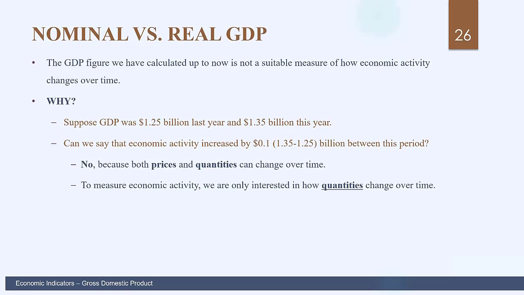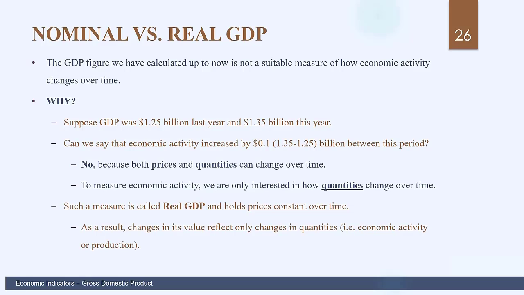Well, if you remember at the beginning of the lecture, we had the columns for the price and quantity, and then we took the sum of the price times the quantity. You could think of having 2 sets of columns, 1 set for each year. And of course, if we compare the calculated GDP value between those 2 years, both prices and quantities changed over that period of time. So to measure economic activity, we're only interested in how the quantities changed over time. We don't want that to be confused with also price changes.